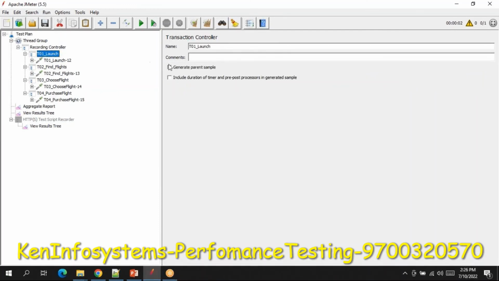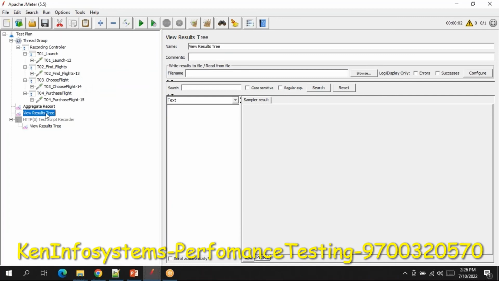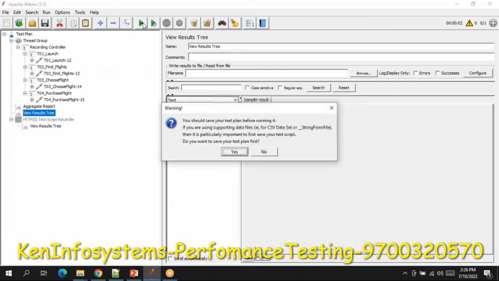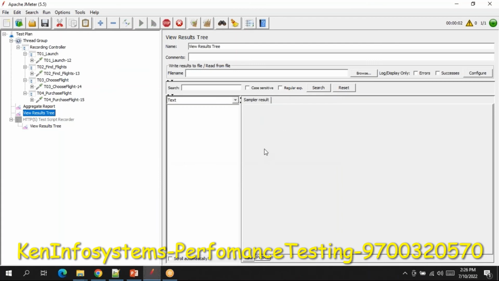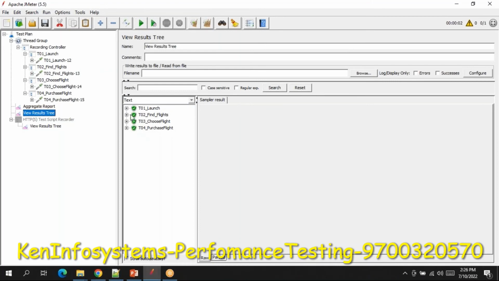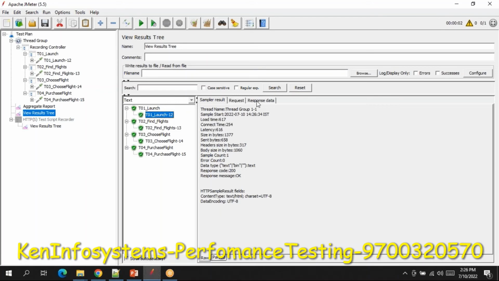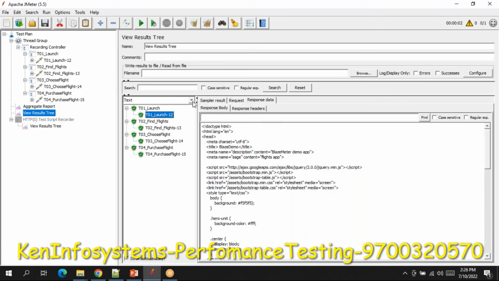Before running, I will check one option here. Now I will run the script. If you see, when I replay the script, you can see the